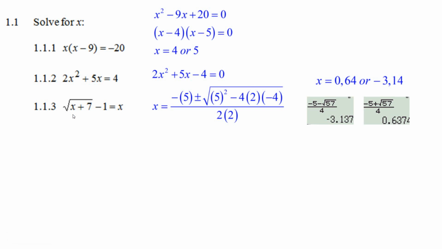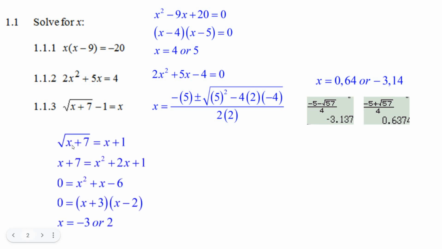Now this third question, gee, you know what you have to do is get the surd by itself, so you add 1, then you square both sides, then you solve the quadratic, and then you check your answers. It's a lot of marks, and it's just the same thing each time if you're careful and do the algebra right. So I added 1, isolated the surd, I squared both sides, the square root goes away,